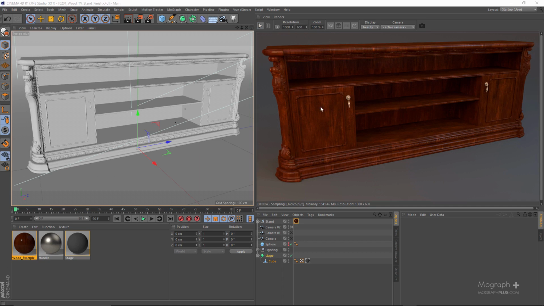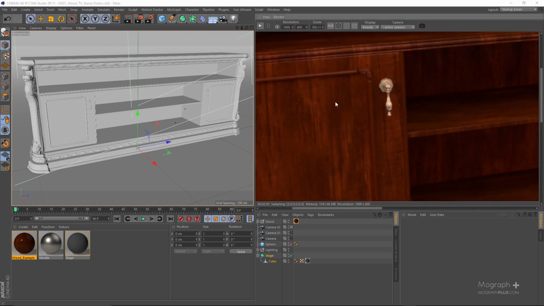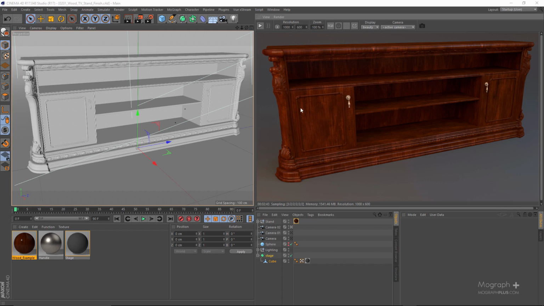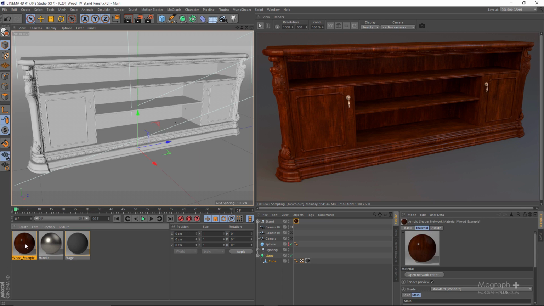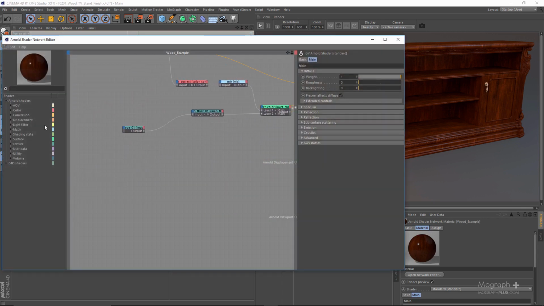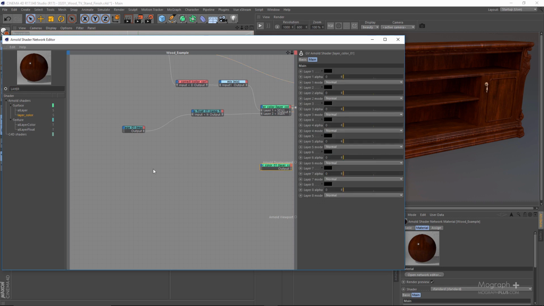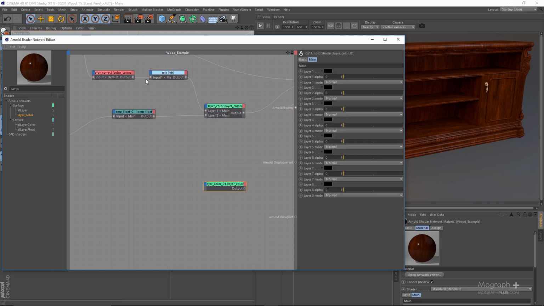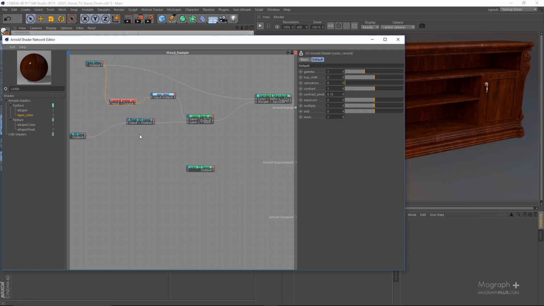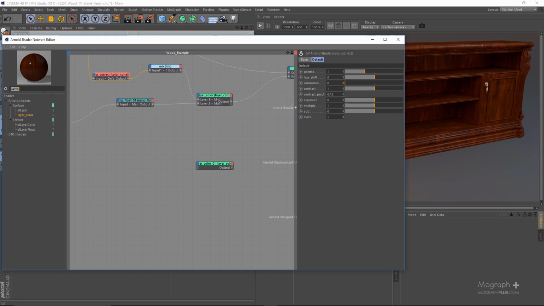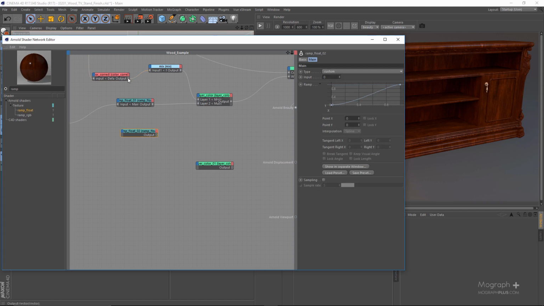So here is our IPR, and we can see a bit more detail. Now, what I want to do is start working on my specular roughness. So let's get started. For the specular roughness, again, I'm going to be using another layer color node. First of all, this is the color correction node that comes from our base image layer or base image node. So let me have a ramp float node in between and connect the